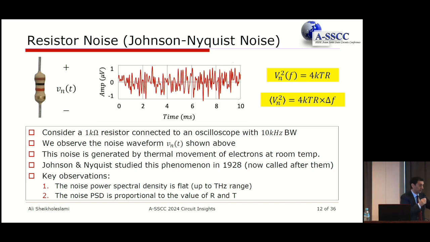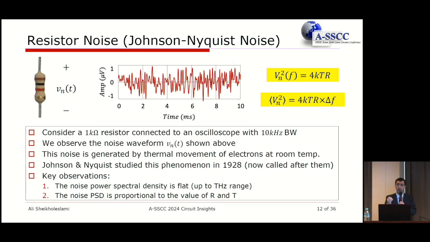And the key observation was summarized in two papers that were published simultaneously in the same month of the year. And these are the two. One is that if you look at the noise power spectral density of a resistor, it's going to be flat, meaning that it has frequency content in all frequencies, and it goes at least beyond the circuit's bandwidth that we're dealing with. It goes beyond, into the terahertz region. We usually don't use our circuits there these days. Maybe we could go to a few hundred gigahertz, but when you go to terahertz, we're dealing with different phenomena. So as far as the circuits are concerned, we would say that this is flat across the frequency.